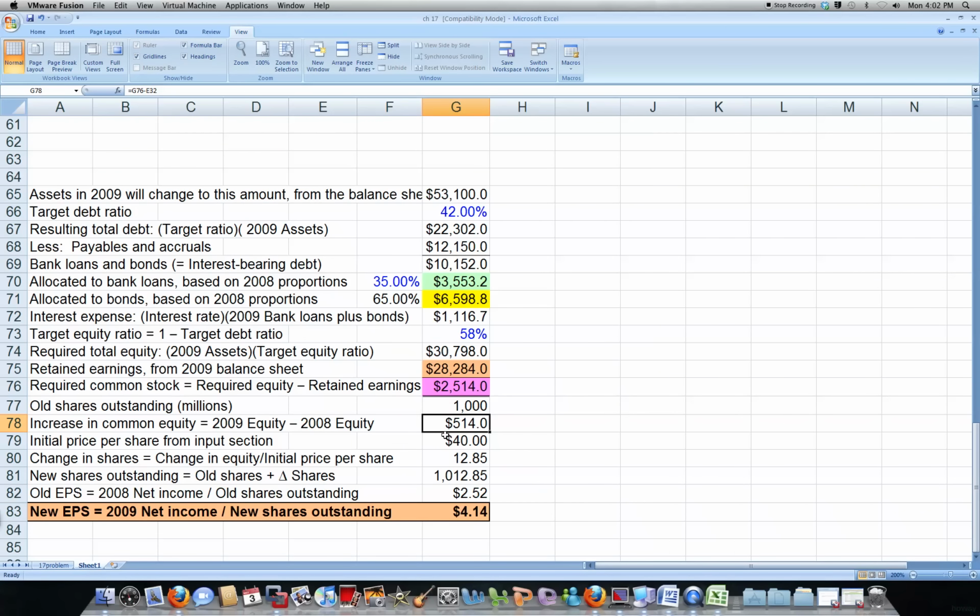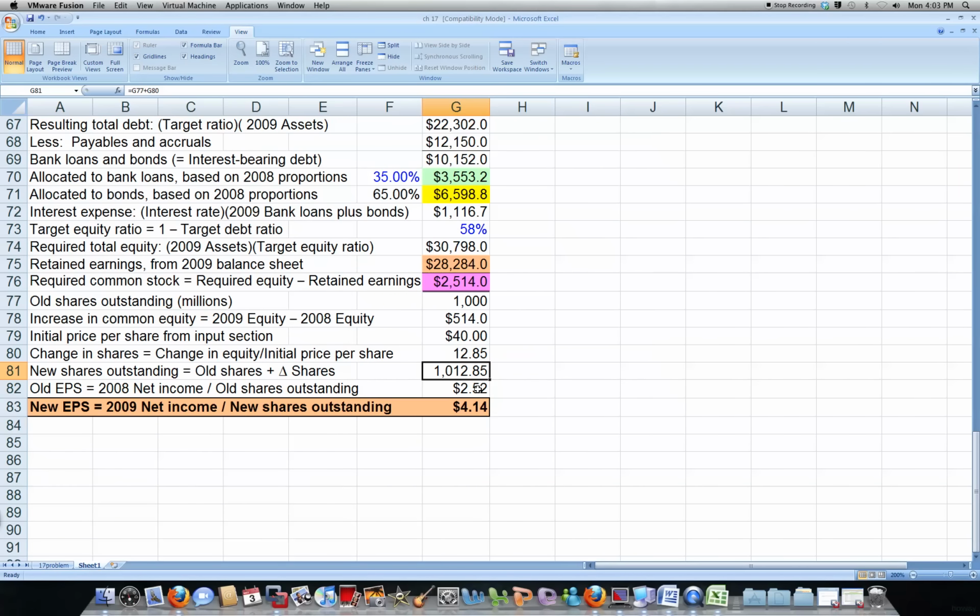Okay, initial price per share, that comes from our inputs. Our change in shares is change in equity divided by initial price per share. So our change in our equity, right here, 514 divided by our 0.85. So to find our new shares outstanding, we just take our old shares plus our new shares that we need to get, and we'll have